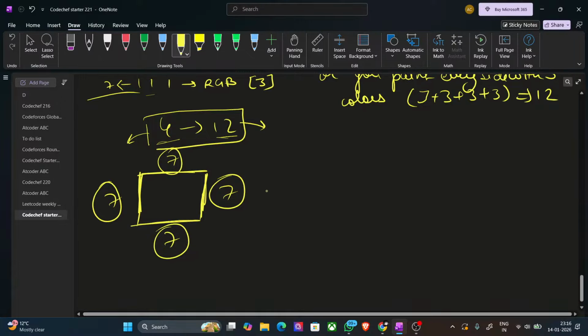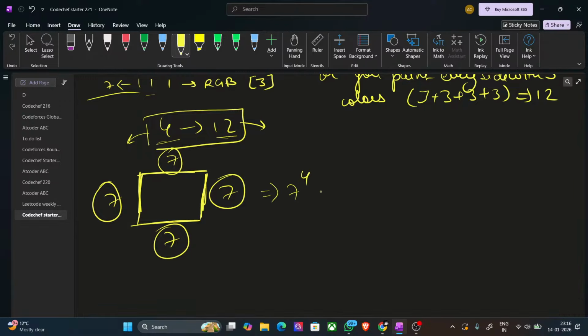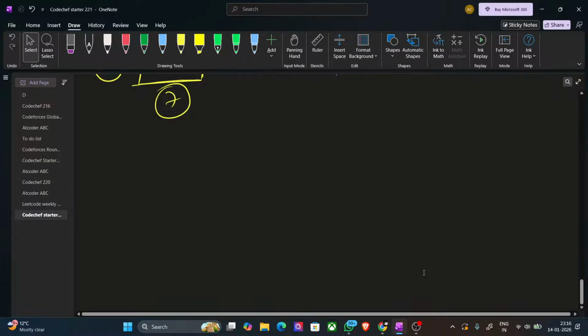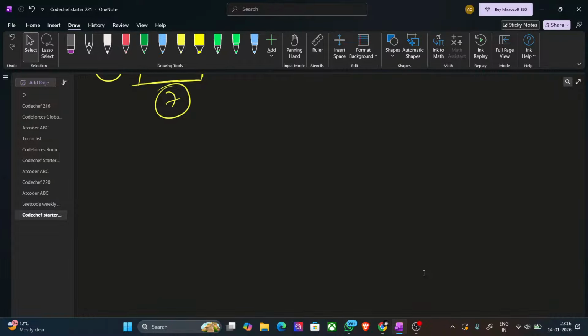So the total complexity will be 7 raised to power 4, which is very low. Okay, so you can do that in this. Now, after that, you can just output the minimum fence cost. So this is clear. If this is clear, I can just move to the approach and how to implement the problem. Okay,